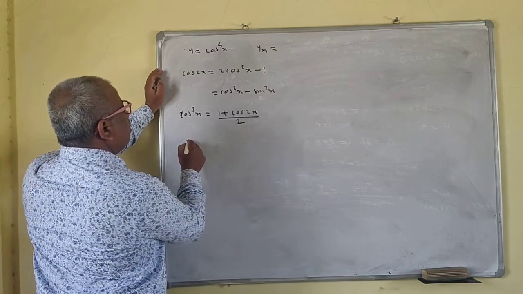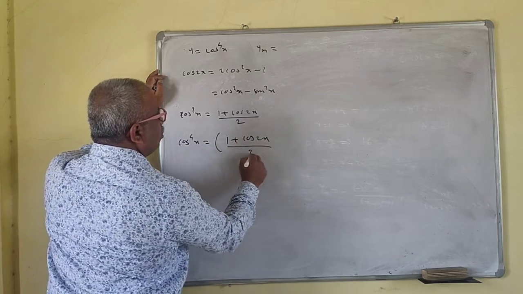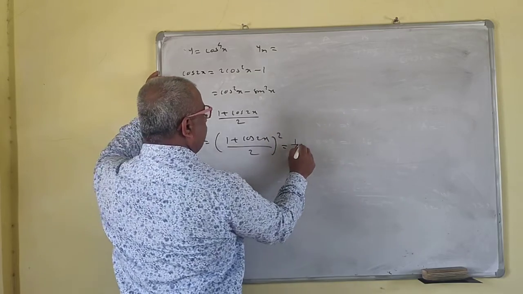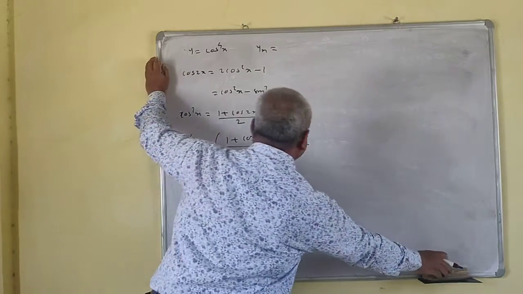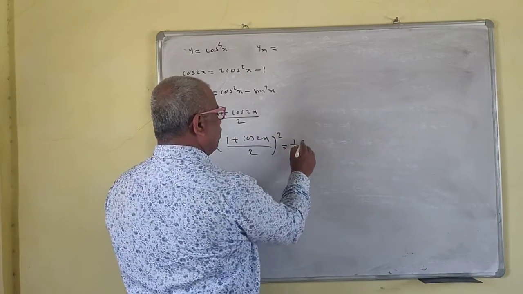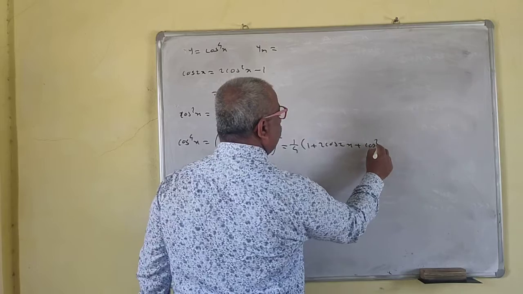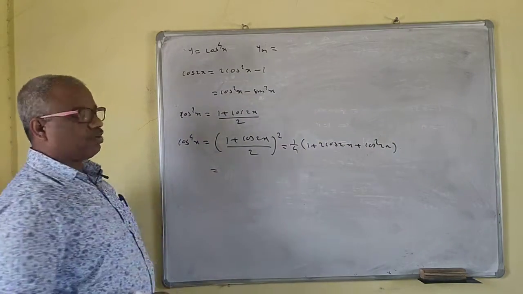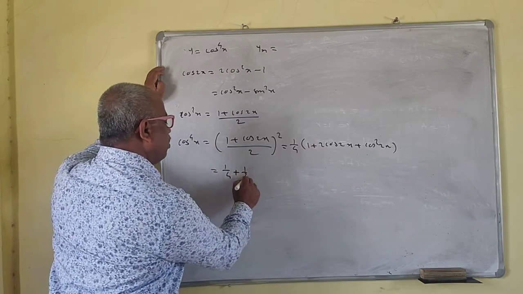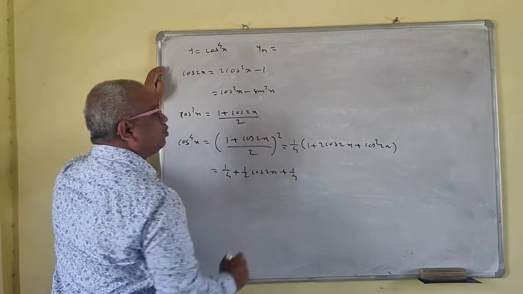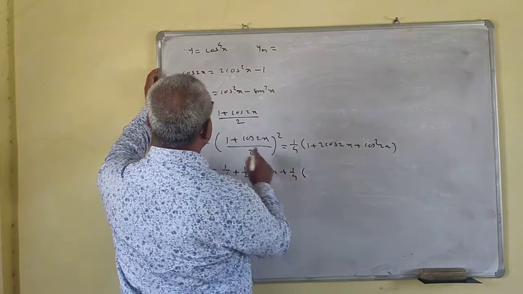Now cos square x is equal to this. So cos to the power 4x is the square of this: cos to the power 4x is equal to bracket 1 plus cos twice x upon 2, square. So this is 1 by 4 in the bracket, 1 plus 2 cos twice x plus cos square twice x. We'll simplify it again. This is 1 by 4 plus 1 half cos twice x plus 1 by 4 cos square twice x. You have to replace x with twice x, so this is cos square twice x.